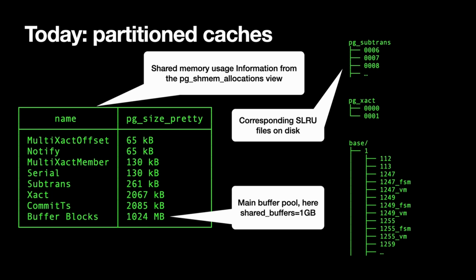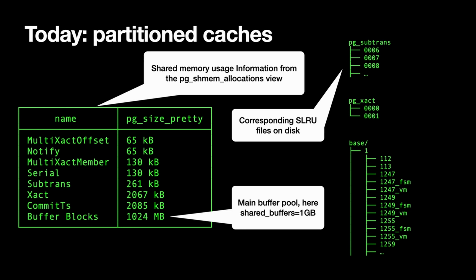So at the moment, if you look in the pg_shmem_allocations view, you can find, among other things, these 8 different buffers are listed, and these are pieces of shared memory. The bottom one that you see here on the screen, buffer blocks. I'm actually running Postgres here with shared_buffers equals 1 gigabyte, and you can see that 1 gigabyte of space there. The total amount of shared memory used by Postgres is much more than 1 gigabyte,